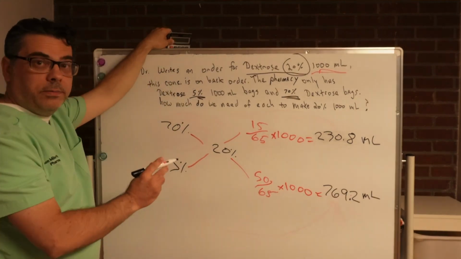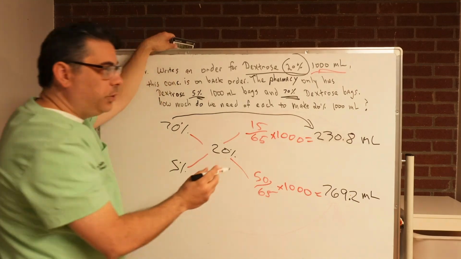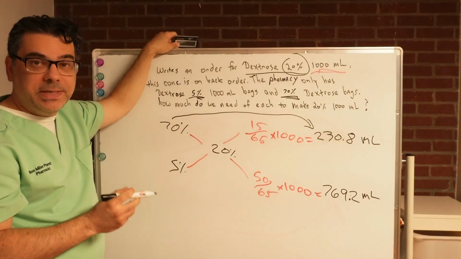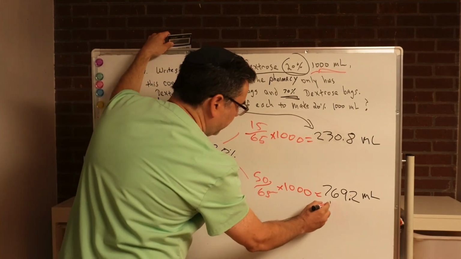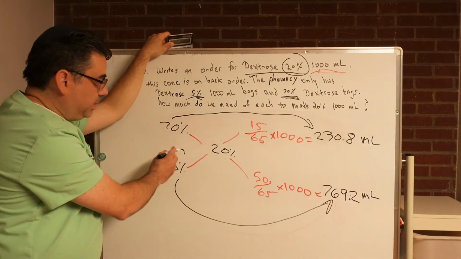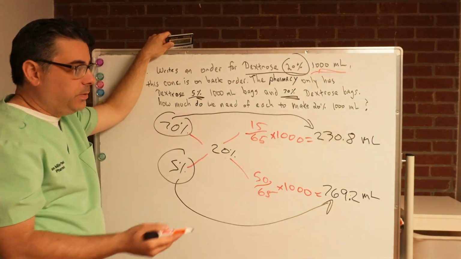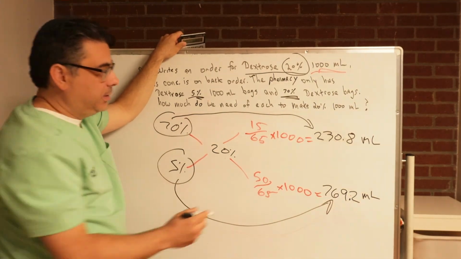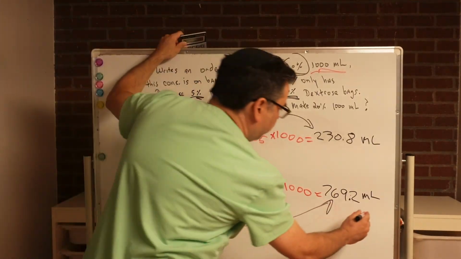So for the 70%, we take 230.8 milliliters of the 70% solution, and 769.2 milliliters of the 5% solution. You want it to equal 1,000 milliliters, so 230.8 plus 769.2 gives you